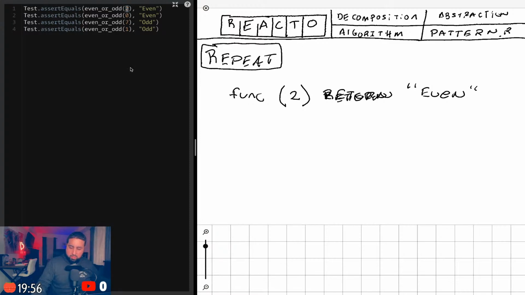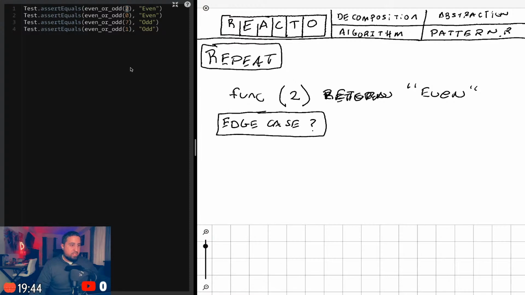What is the edge case? So I'm anticipating some hidden tests that have maybe some numbers, like what happens if I don't pass anything, if it's empty, like if I say function that has an empty string, right?